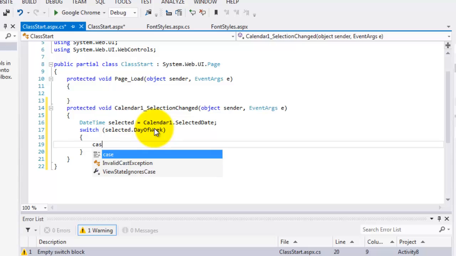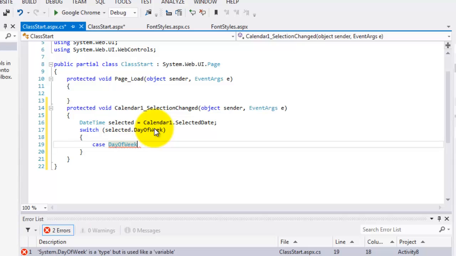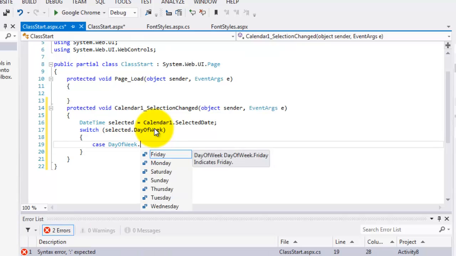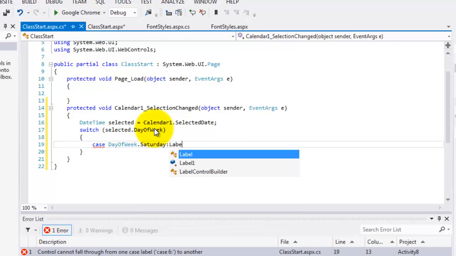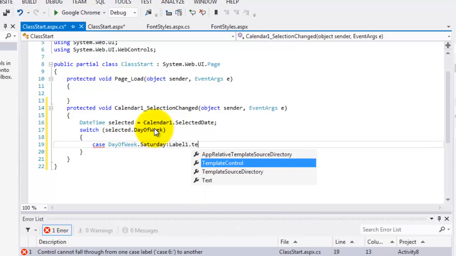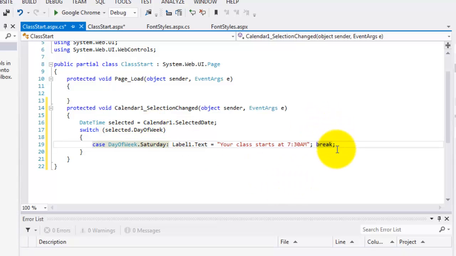We can start with our case. Case day of week is Saturday. Then label1.text is equal to your class starts at 7:30 a.m. Then don't forget the break statement. If you will allow me, I'll just copy this again